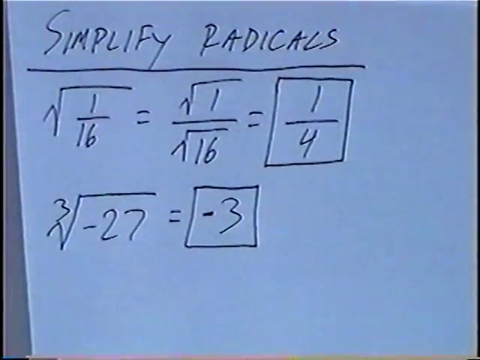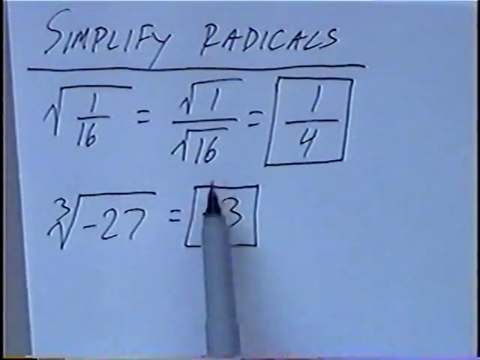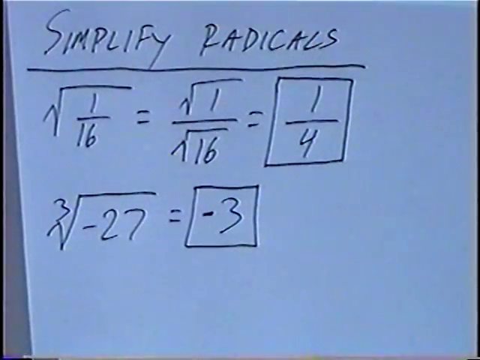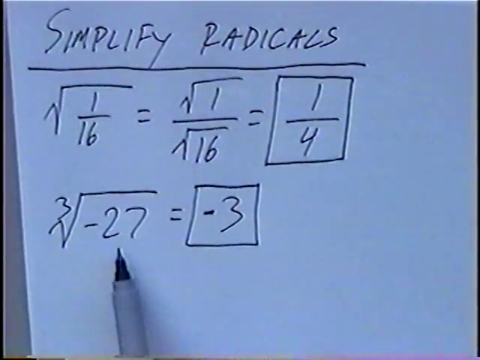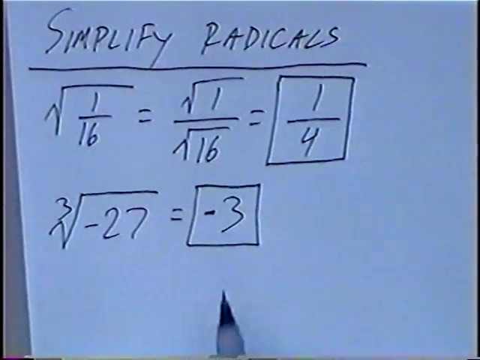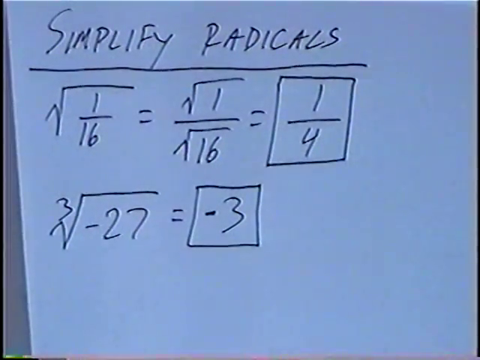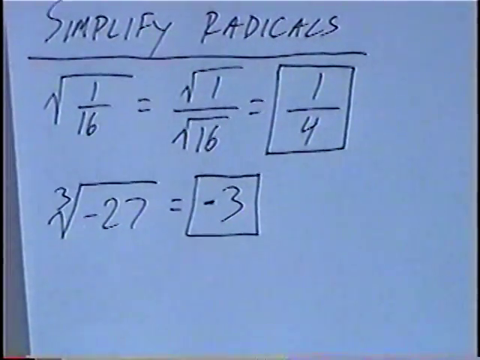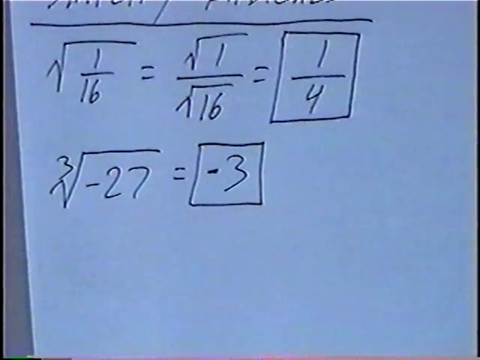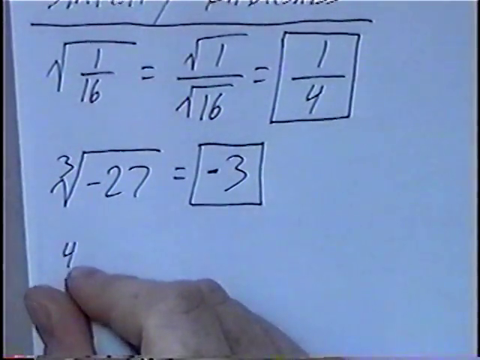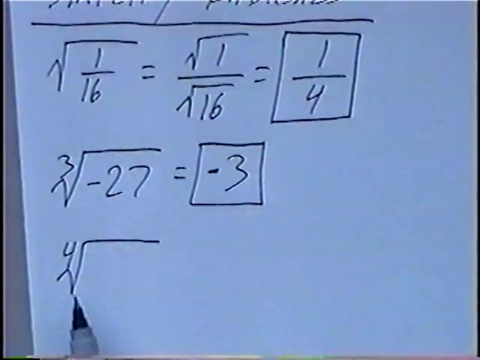If you remember from previous sections, we cannot have a negative square root, otherwise that would be imaginary numbers. But for a cube root, we can have a negative cube root, since 3 negatives multiplied would be a negative. Next question. The fourth root. The fourth root again would be a